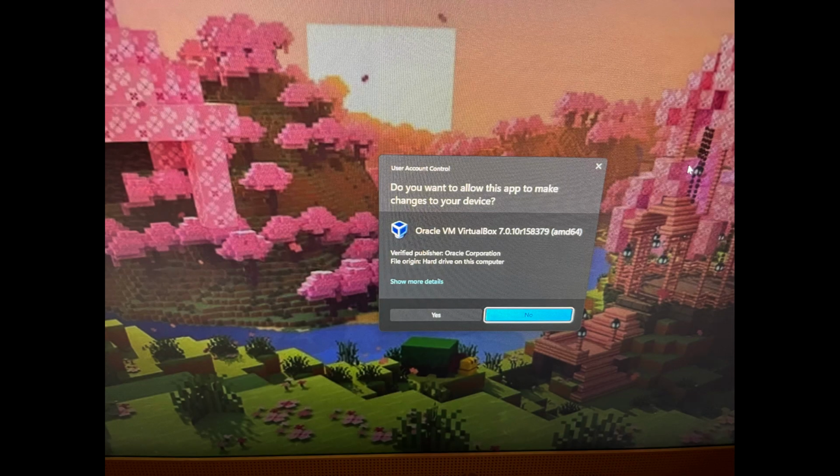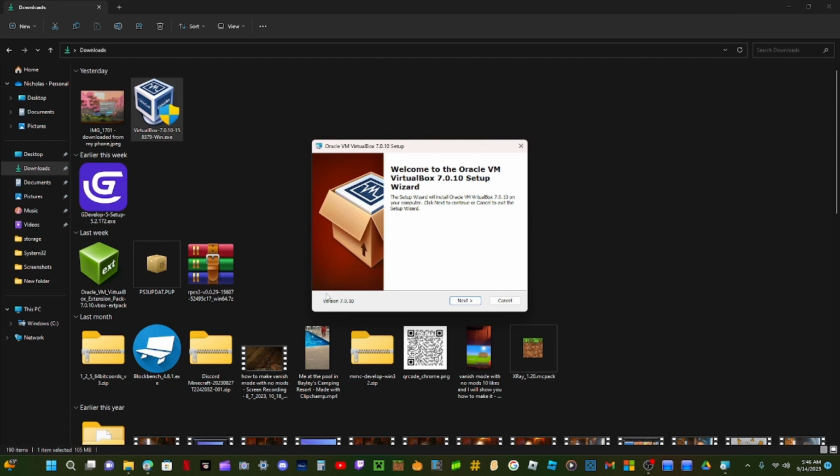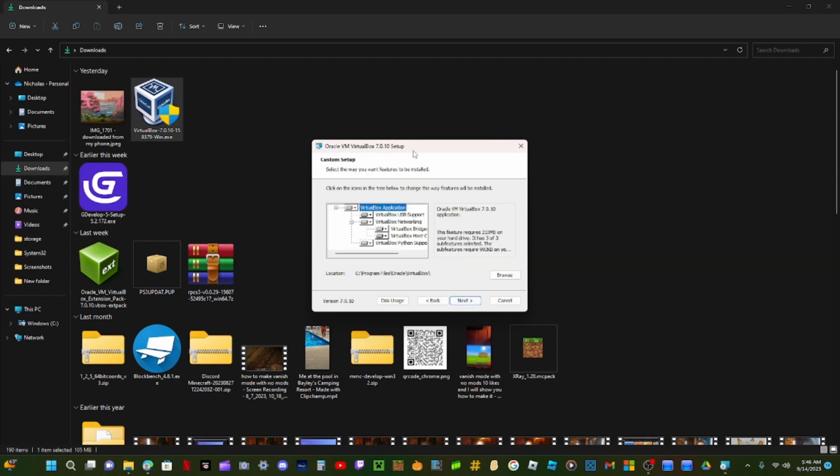I'm going to run as administrator. It says, do you want to allow this to make changes? Click on yes. Then it's going to say, welcome to the Oracle VirtualBox 7.0 setup wizard. It's basically like all the setup wizards out there. You click on next, then